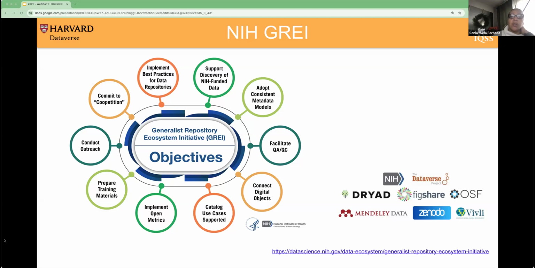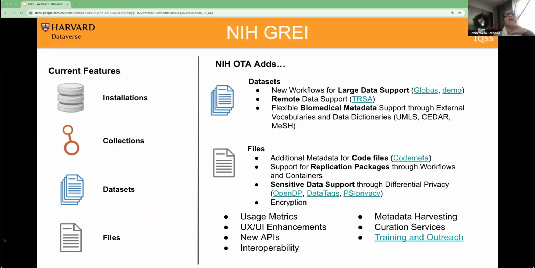Sensitive data support. We're working on figuring out how all of the repositories support or plan to support, or if they will support sensitive data, and how they do quality assessment and management and data curation, so that we can come up with best practices for all of these repositories to support the research community in their needs for FAIR data sharing. So for Harvard Dataverse in particular, we've developed the integration with Globus for large data support that is in place, but there is a demo